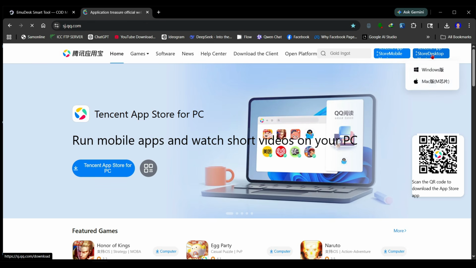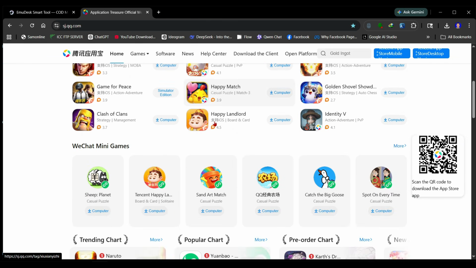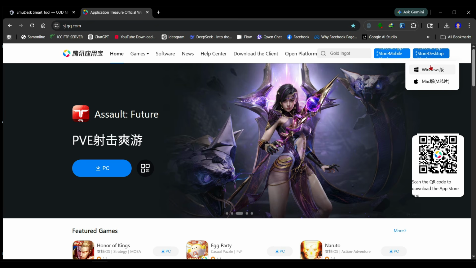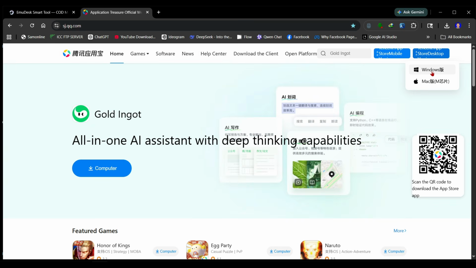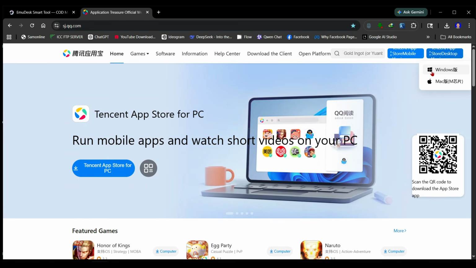Okay, and you have to click right here. I use a translator, so that's why it's showing in English. Okay, because I already translated. So you have to click here and then you will be seeing there is the Windows option. So you have to download this Tencent emulator Windows version, which is actually the actual emulator, and after downloading it